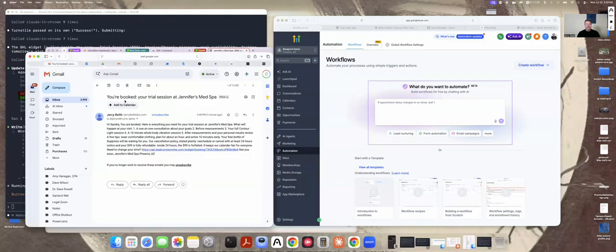Point out the email confirmation just came through. You're booked. Trial session at Jennifer's Med Spa. It says, hi, Sandra, you are booked. Here's everything you need for your trial session at Jennifer's Med Spa. What will happen at your visit? One, a one-on-one consultation about your goals, before measurements, your full contour light session, 10-minute whole body vibration session, after